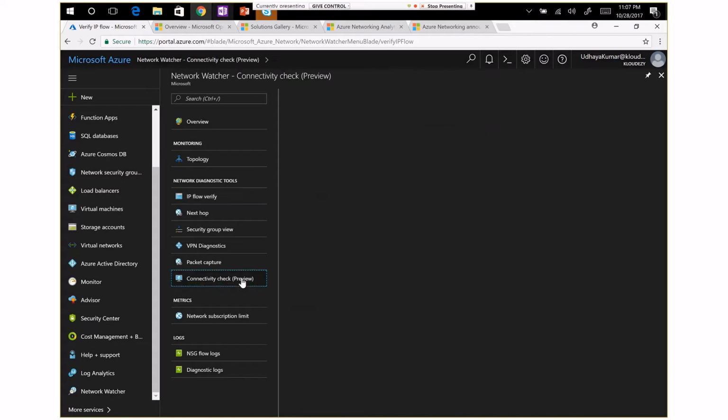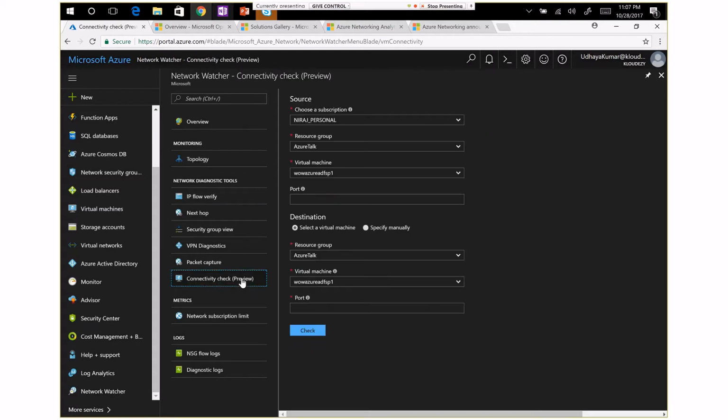You can see what is the next hop for you, and as Uday said, you can check it. Over there, you manually specify wherever you want to go, select a virtual machine within the Azure region, and see how it flows. This Network Watcher works on ExpressRoute as well, and on the VPN as well. So you can use this feature a lot to diagnose your latency issues and network issues in your network.